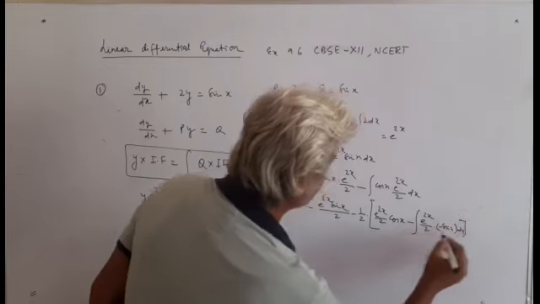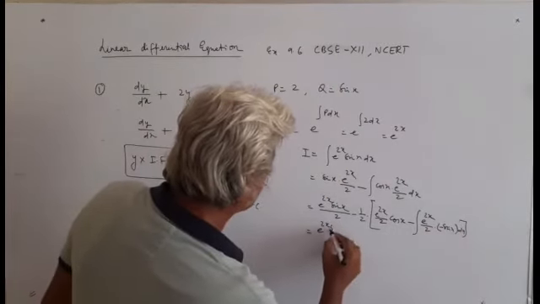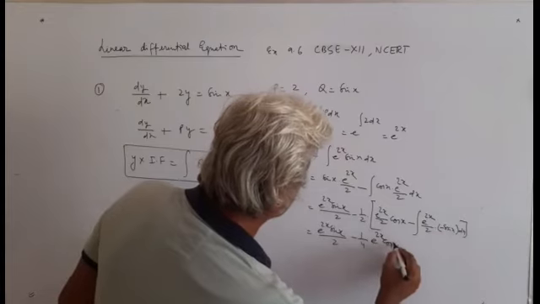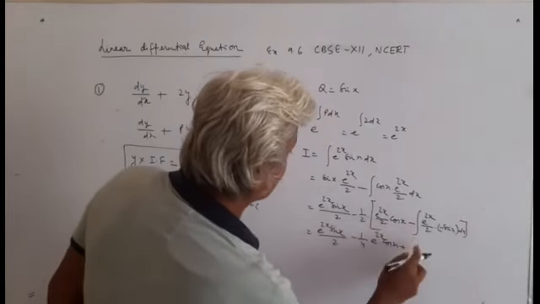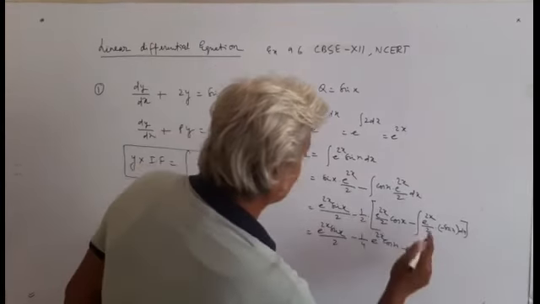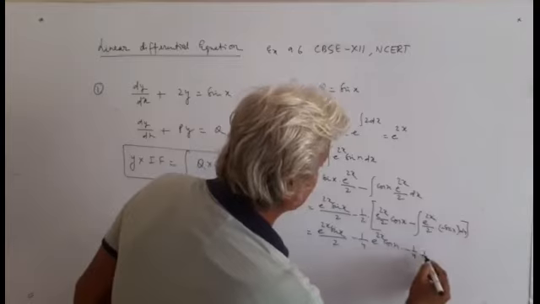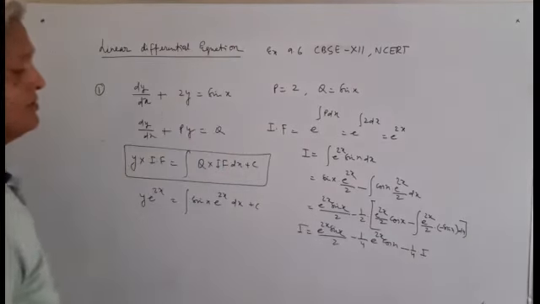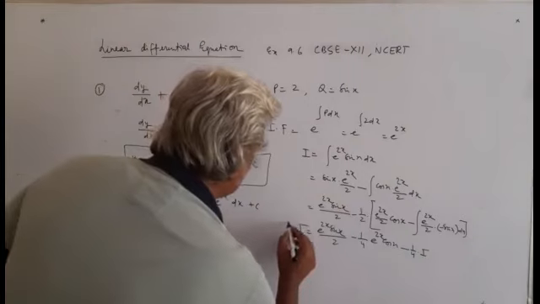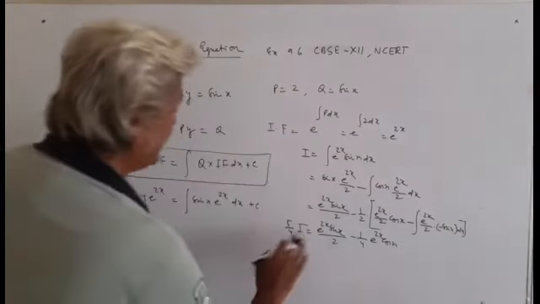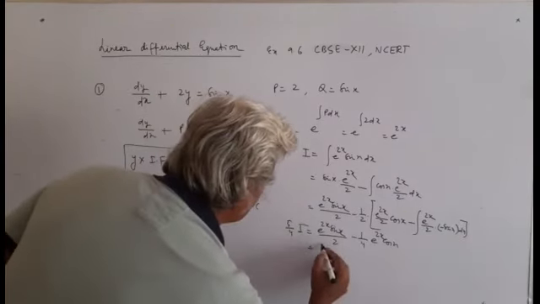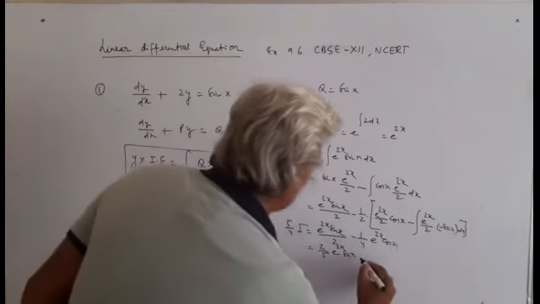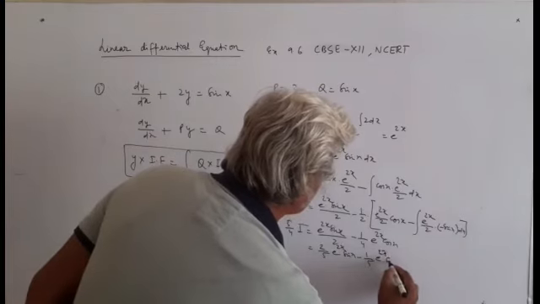Here we have e to the power 2x sin x by 2 minus 1 by 2 outside, and then again the integration of e to the power 2x cos x, that is e to the power 2x by 2 cos x minus integration of e to the power 2x by 2, and the differentiation of cos x is minus sin x dx. This becomes e to the power 2x sin x upon 2 minus 1 over 4 e to the power 2x cos x, minus 1 by 4 times the integration of e to the power 2x sin x, which is nothing but I. So 1 by 4 I comes to this side, this becomes 1 plus 1 by 4, that is 5 by 4 I. Now multiplying by 4 by 5 in each term, this becomes 2 by 5 e to the power 2x sin x, minus 1 by 5 e to the power 2x cos x.